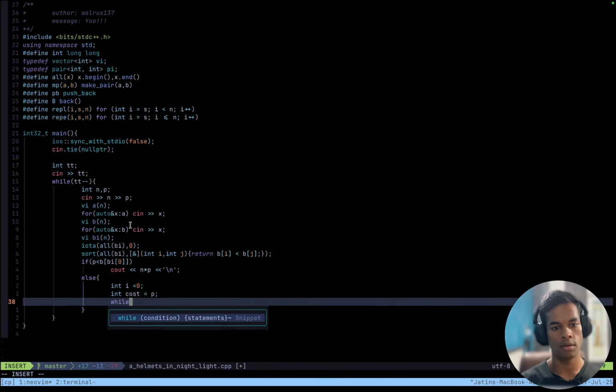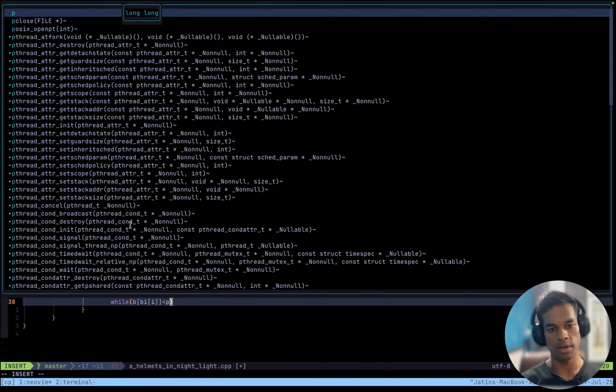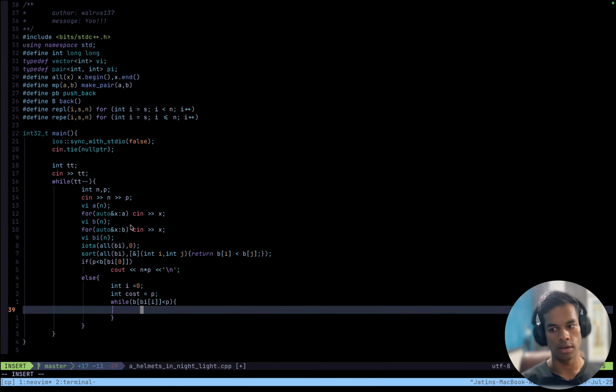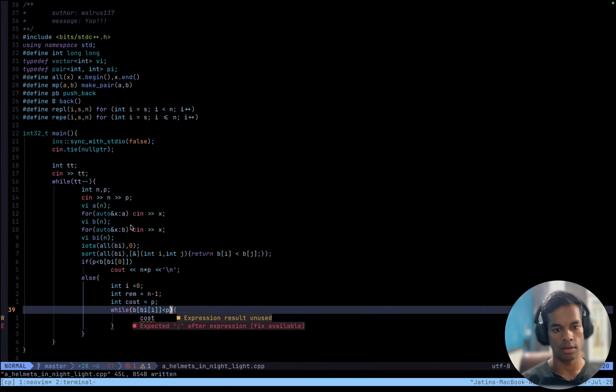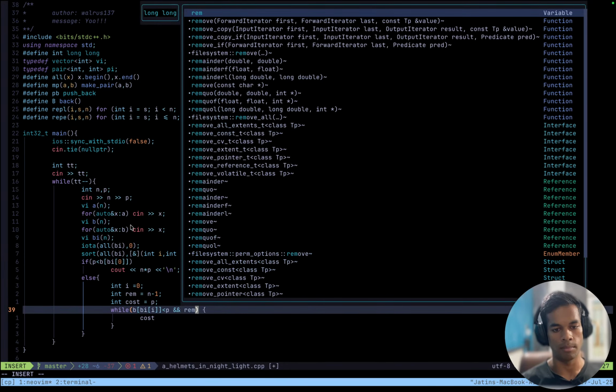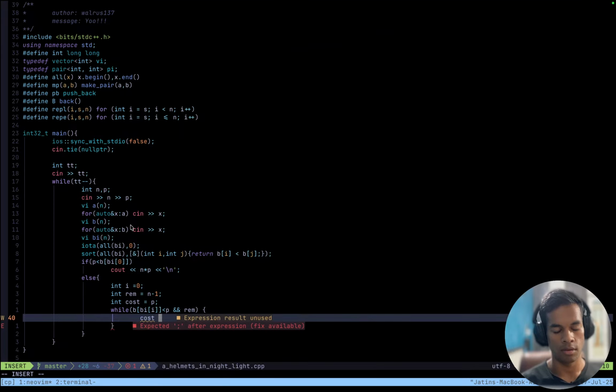And while B[i] lower than P, what I will do is, and here let's do int rem equals n minus 1, while this and rem, that is what I will do.